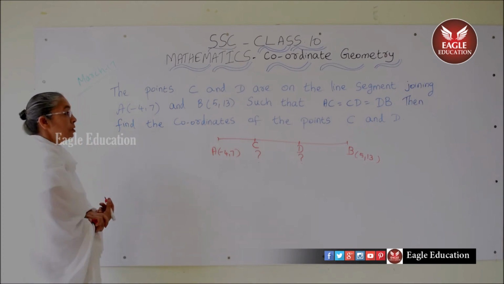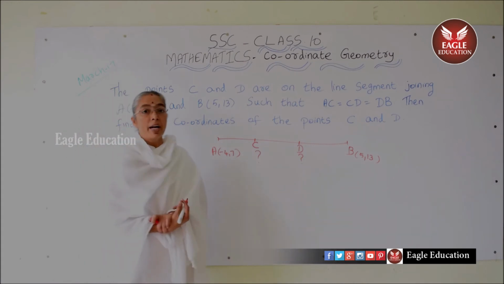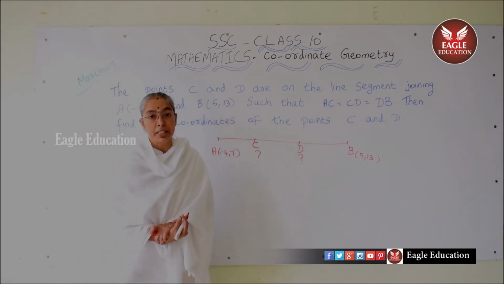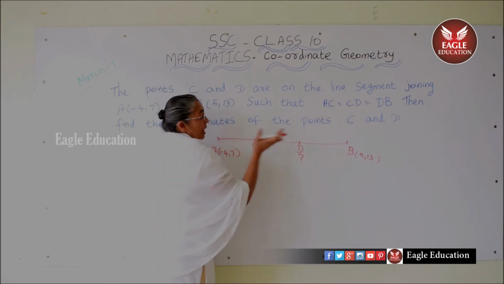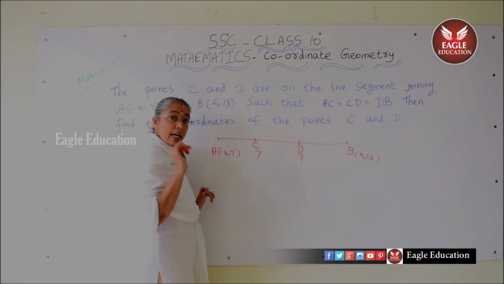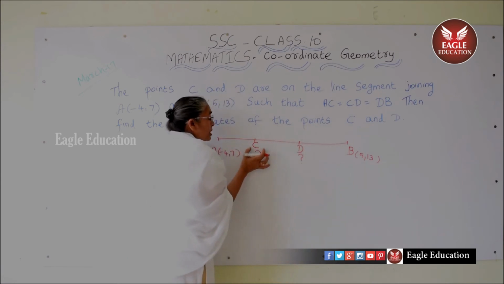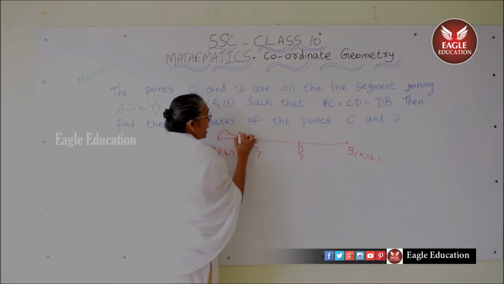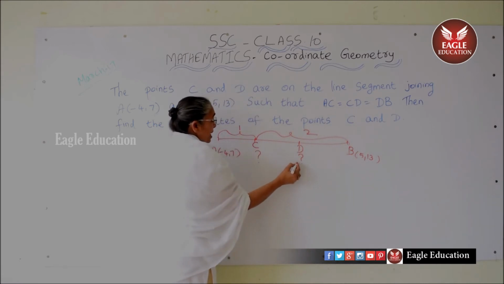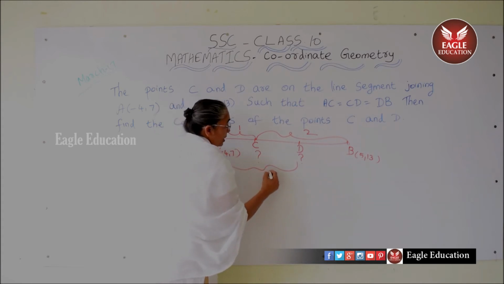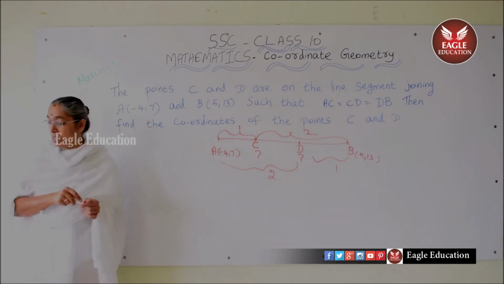Okay. So this is similar to the question we discussed earlier, find the point of trisection of the line segment joining the 2 points, the same way. If you see, C and D are dividing the line segment joining the points A and B into 3 equal parts. So this is part 1, part 2, part 3. So if I consider the point C divides AB in the ratio 1:2 and D divides the line segment AB in the ratio 2:1. So now we use the section formula.